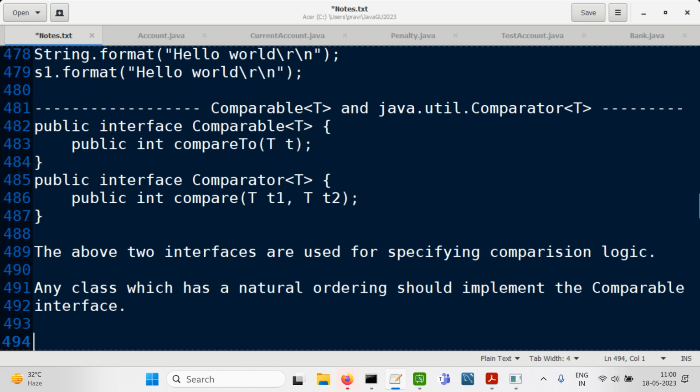If you feel that a particular class has a natural ordering, in that case, that class should implement the Comparable interface, to indicate I have got a natural ordering. So the logic of comparison is then available. So if you say, I'm implementing the Comparable interface, then if we consider two objects of some comparable type,